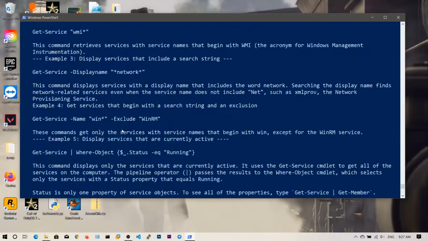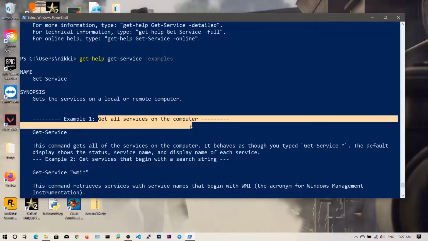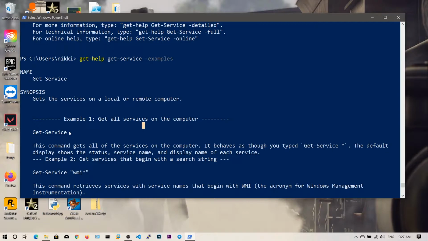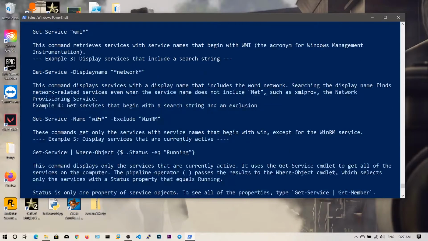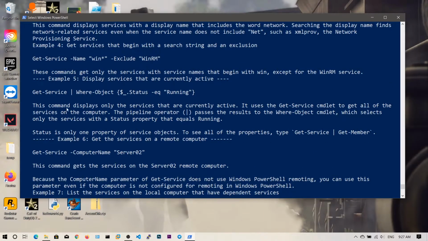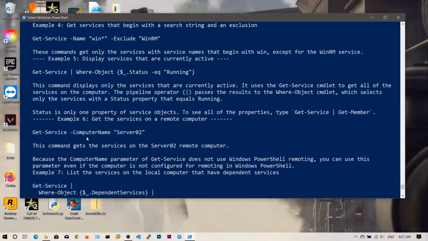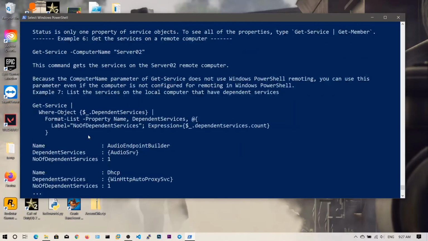Now let's go to the start, and you can see example 1, get all services on the computer. Simply you need to say Get-Service. If you want to filter these, you can say WMI*, so it will get all the services that start with WMI. You can say DisplayName network*. So these are the examples of how you can filter through these services.